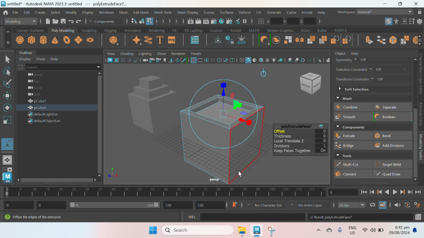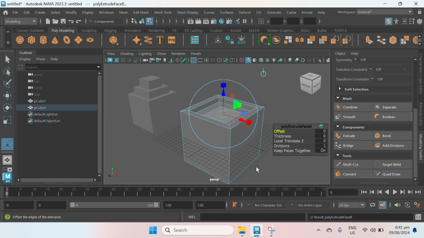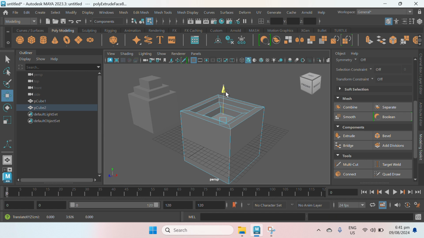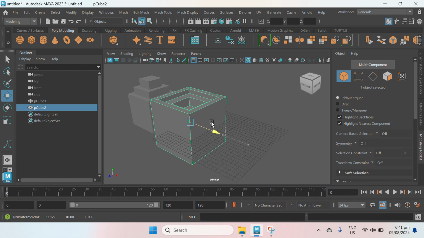Next, extrude, rescale, click and drag to the left, and then extrude, W, arrowhead downward. Go back to object mode, W, set aside.